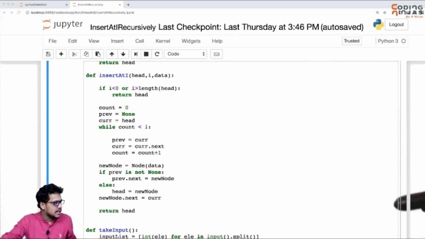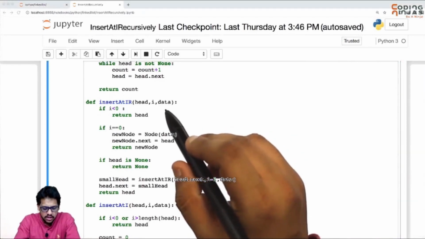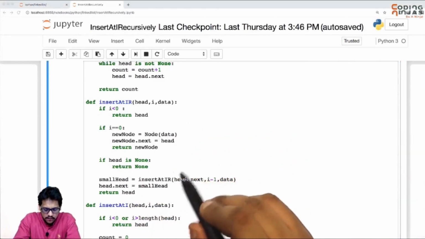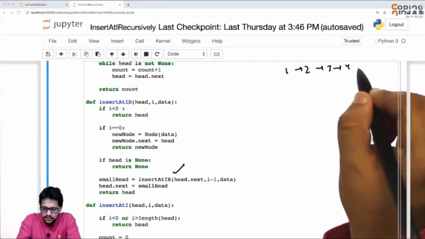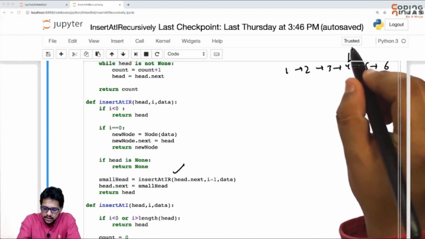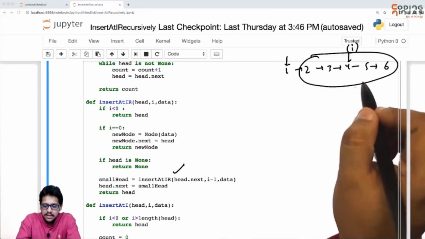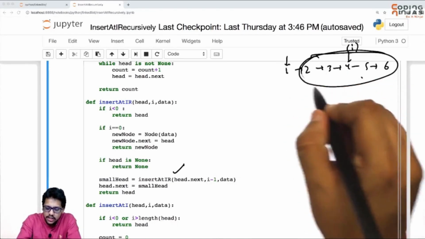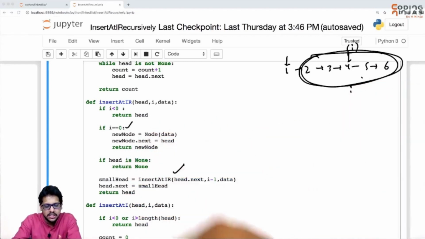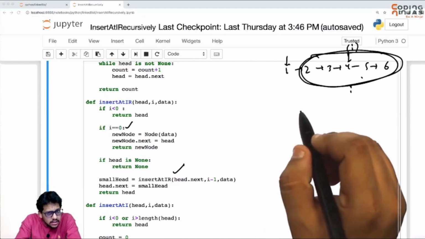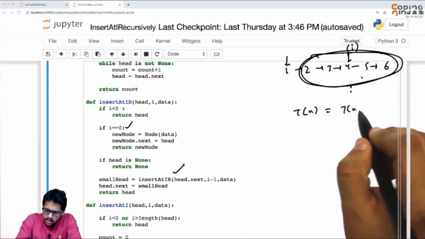Okay, let's see the recursive solution as well. So in the recursive solution we have done something like this: head, i, and this. For any recursive solution of inserting at ith position, if this is our linked list 1, 2, 3, 4, 5, 6 and this is our i, standing here we call, hey, insert at i minus 1 position in the rest of this linked list. So we call for the rest of the linked list, and we keep on calling till our i reaches 0. So I think our recurrence is t of n equals t of n minus 1 plus